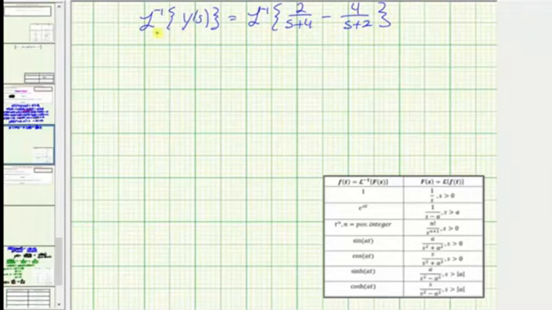Now on the left side, the inverse Laplace transform of big Y of s is y of t. So we have y of t equals, let's rewrite the right side as 2 times the inverse Laplace transform of,